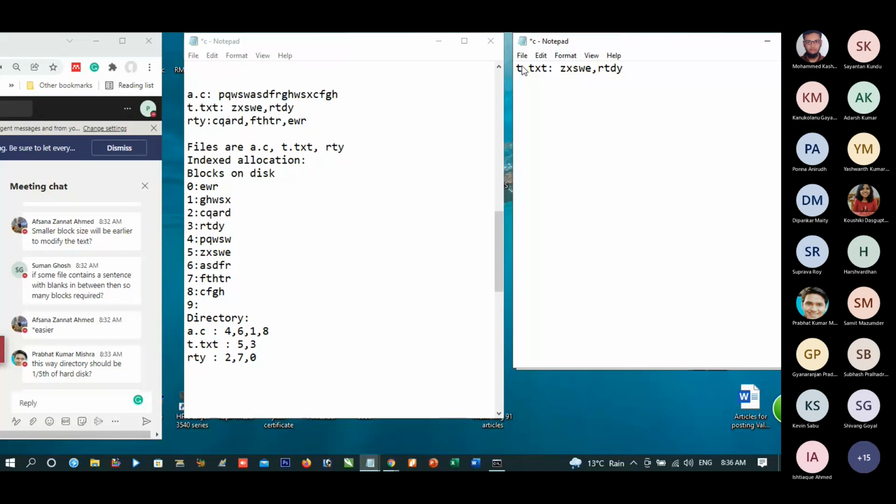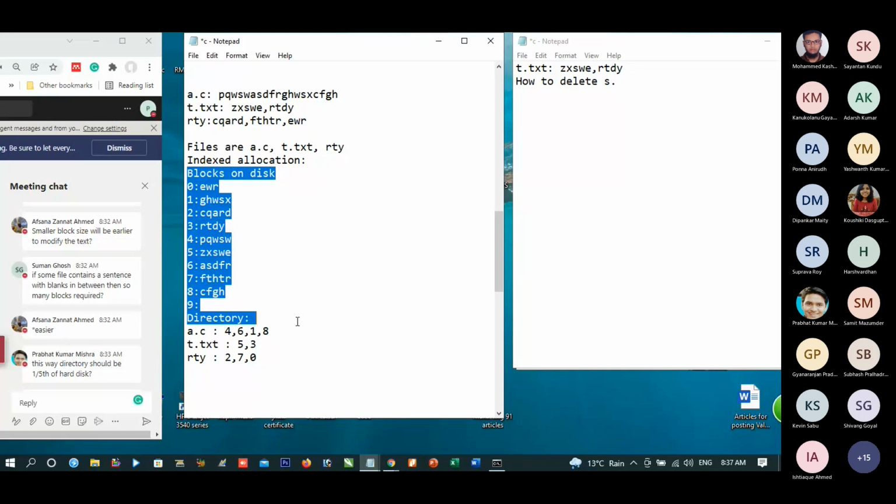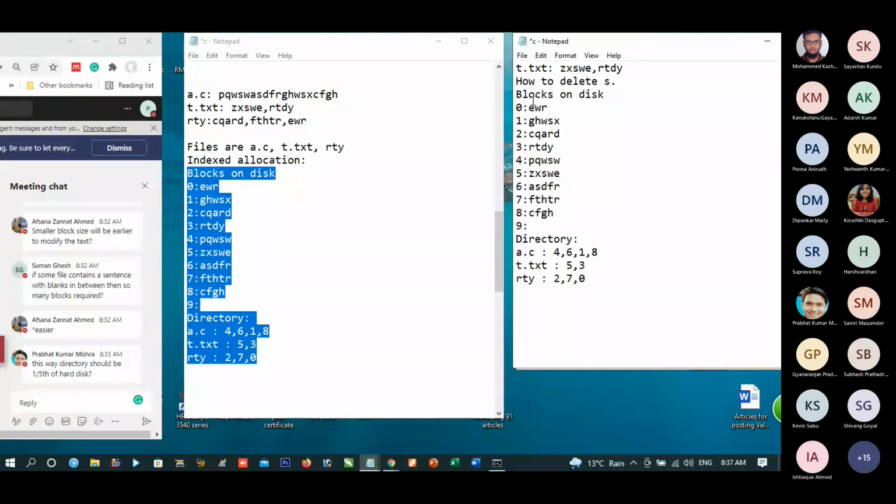How to delete S? How to delete S from here? Tell me some method so that S is deleted. We want to delete S. This is R dot text.